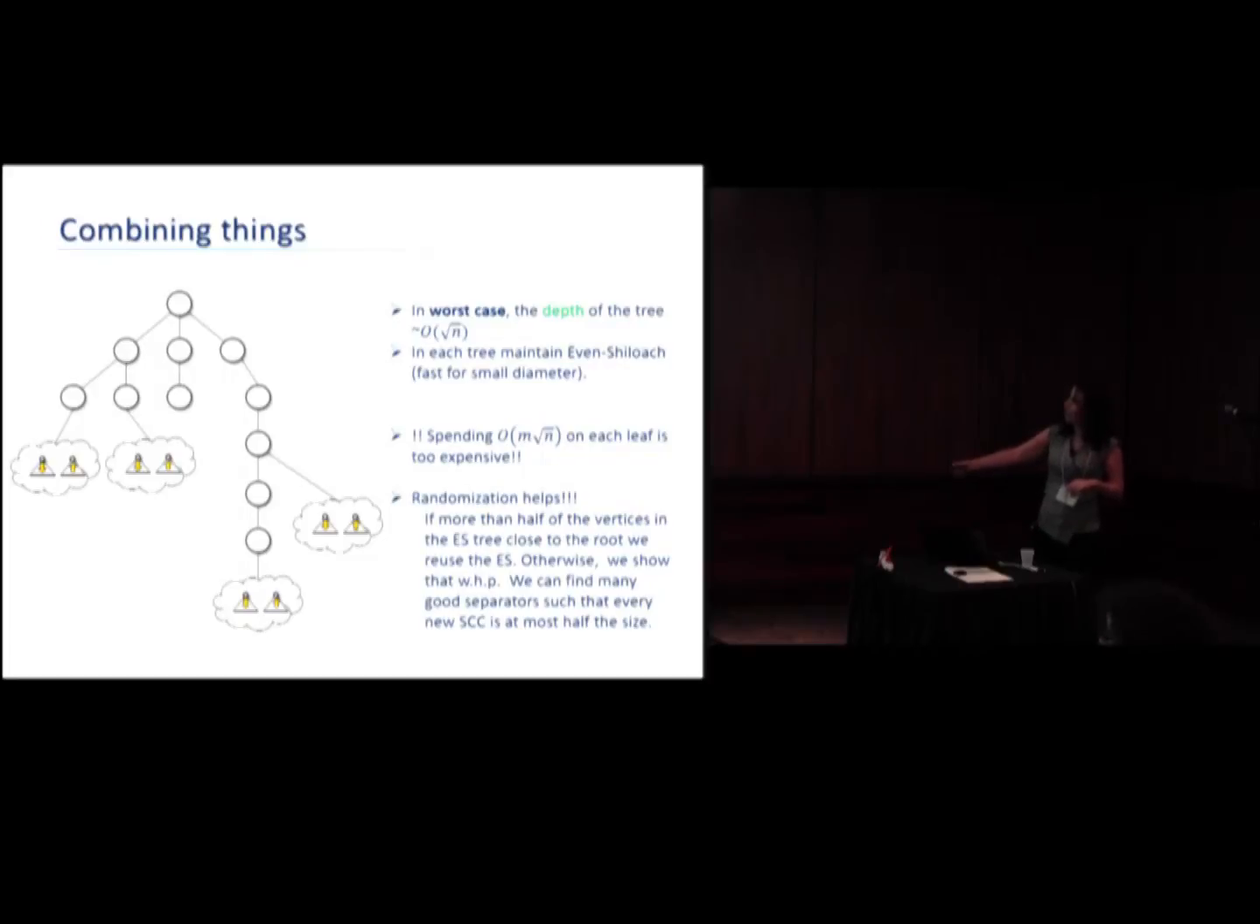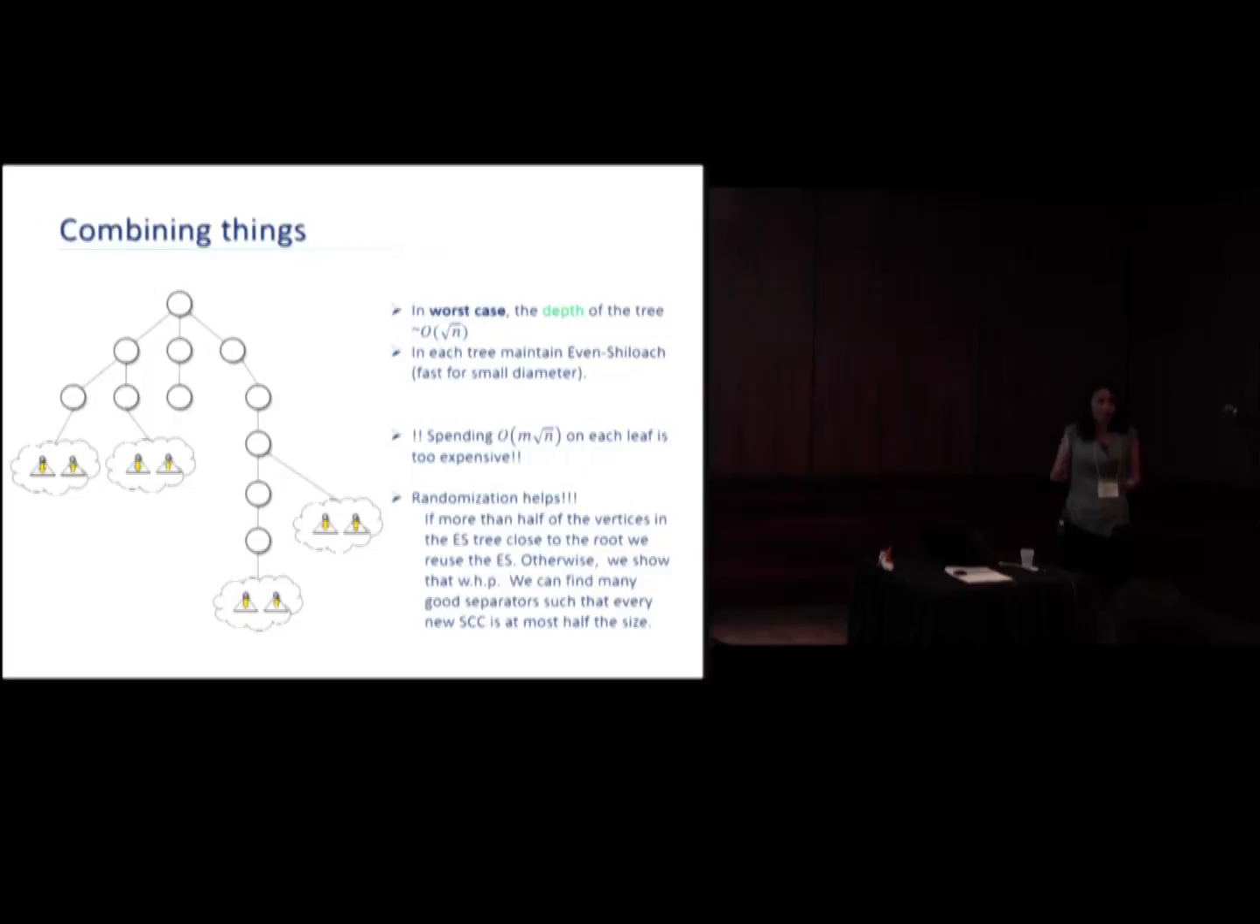But here we use randomization. So here is why the randomization helps. When we pick the nodes here, we pick them uniformly at random, and I'm going to use the fact that I picked them at random. So basically what we show, we indeed might pay m square root n in each Even and Shiloh that we construct. But